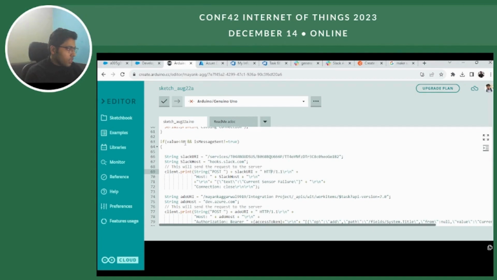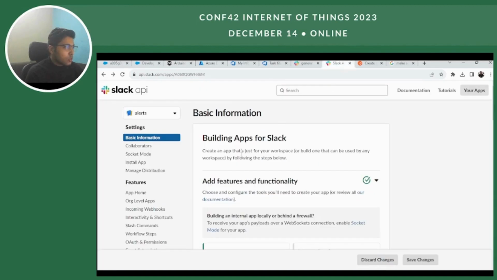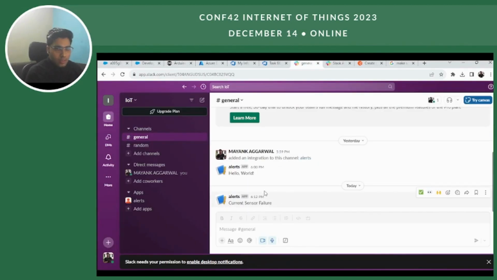Whenever there is a failure, which means value is less than 40, and isMessageSent is not equal to true, which means I am using a flag here to check whether the message has been sent to my Slack channel only once or not. This Slack host is being called from my Node MCU, again an API call out from my Node MCU in order to publish a message to this Slack channel.